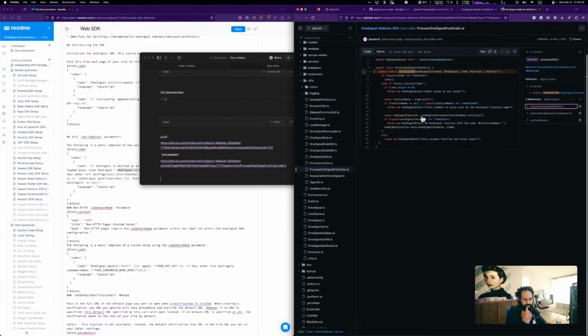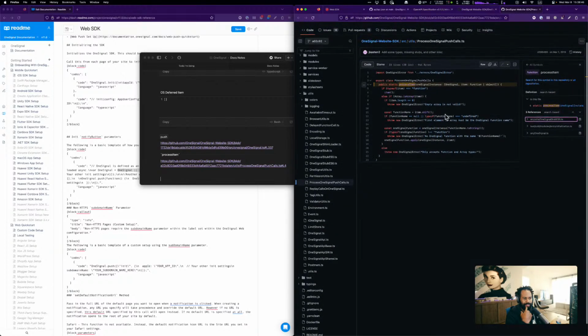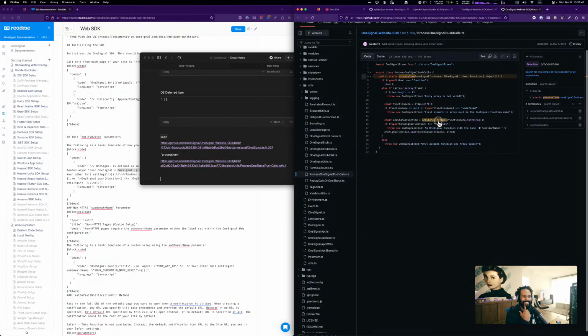All right, one signal function. One signal instance. Wait, where did this come from? Wait, one signal instance. Wait, how did that just appear? Wait, what? Oh, wait, okay. It didn't just appear, it's that. Okay. Function name dot toString. Okay. If the type of one signal function is not equal function, throw the one signal function with the name function name. Okay,